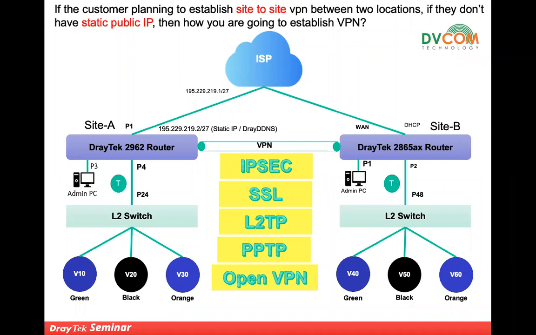And the other very important thing is that the networks behind the LAN should not be matched. For example, if you are using the 192.168.10 network in site A, don't use the same network in site B. So you need to change it. That's why engineers most of the time get confused, and I have seen most people use the same subnet, 192.168.1 network, in site A, and in site B they also use the same subnet. In that case the tunnel is not going to establish. Even if it is established, the data is not going to pass. So make sure you remember these parameters. And especially in Draytek, it's very easy to configure any kind of VPN, guys.